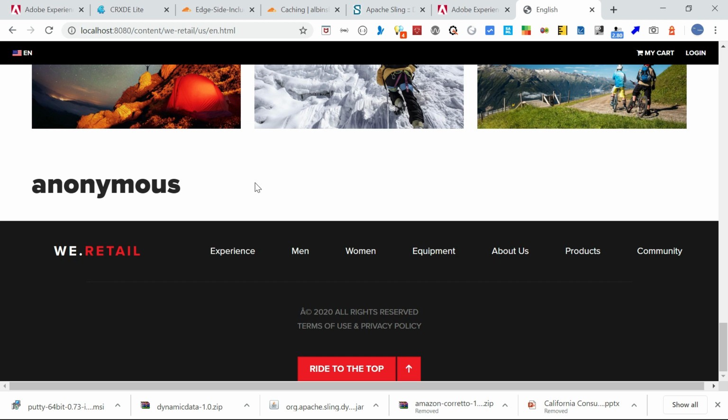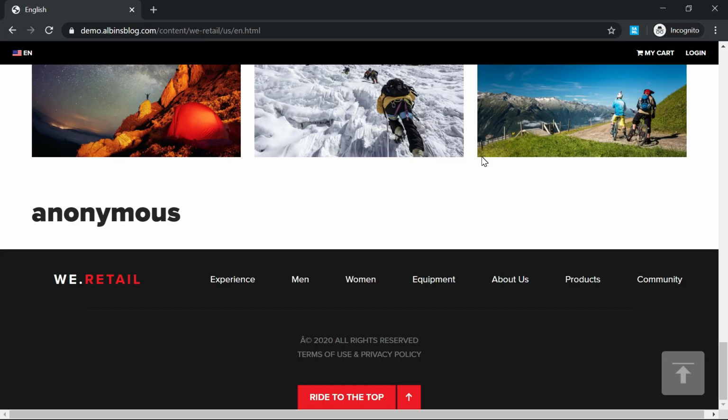So here the browser is replacing the include or the placeholder. The JavaScript include has some disadvantages. One is the SEO issue. The second one is obviously the performance, so the browser has to do a subsequent call to get the original data. Another thing is it is based on JavaScript. If some browser is not supporting JavaScript or there is any issue with the JavaScript, the dynamic data will not be loaded. The JavaScript include will give better caching performance from all the layers, as the dynamic data is loaded through an Ajax call after the initial load from the browser.